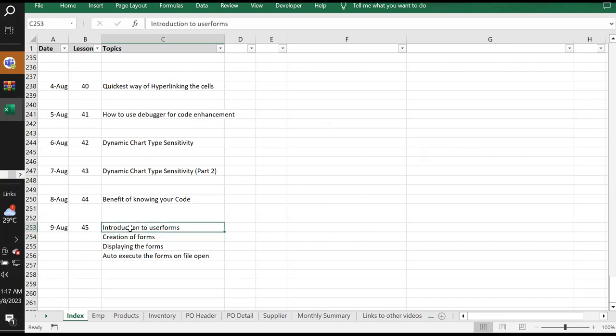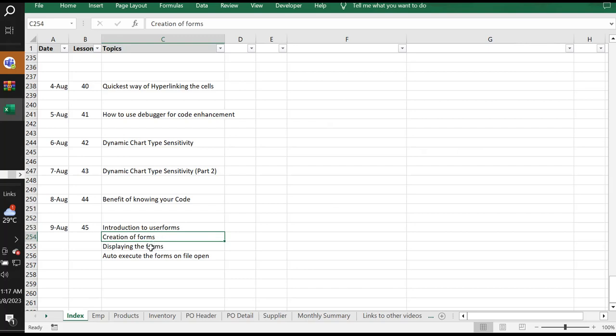Many times you need the user to enter the data not directly into the worksheet, but rather in a form, and they are then validated. And after validation, the data is entered into the respective positions in the respective sheets or tables of data. Okay, so in this session, we are going to introduce you how to create the form